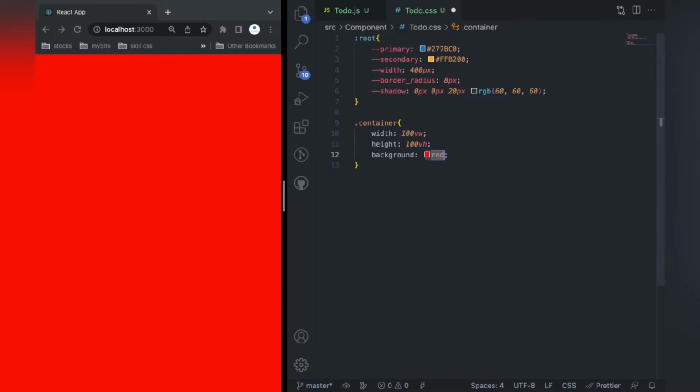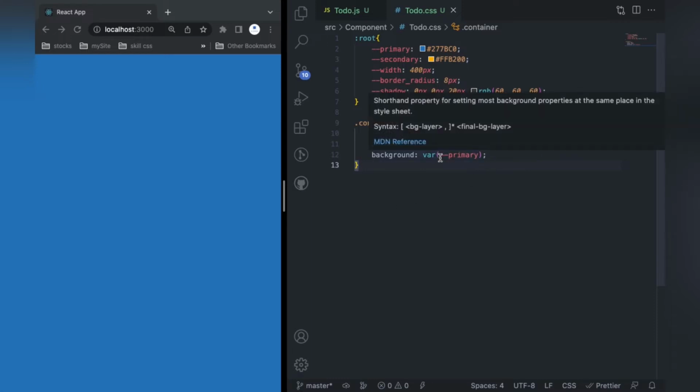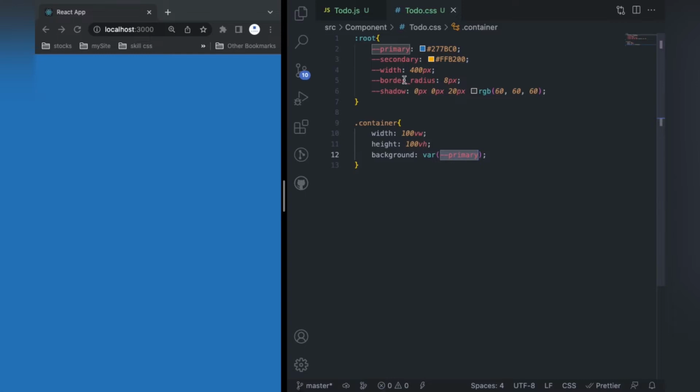I will write here a var. This is a function var, and inside that I will write whatever primary, secondary. So in this way you can call the variables which you have defined in the root by the var function. Now you can see the background is changed,